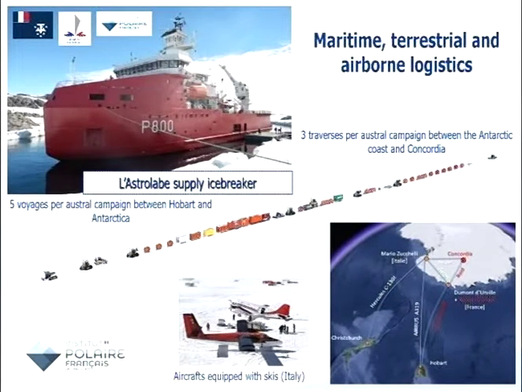We use either aircraft, Airbuses or Hercules C-130 to usually reach Mario Zucchelli station. This is the Italian station on the coast, our main hub on the coast. And we use the L'Astrolabe supply vessel you see here to carry a lot of people and cargo as well to Dumont d'Urville. And then we have this kind of fancy triangle going from Mario Zucchelli to Dumont d'Urville and Concordia, where we use these airplanes operated by Italy with Twin Otters and Baslers